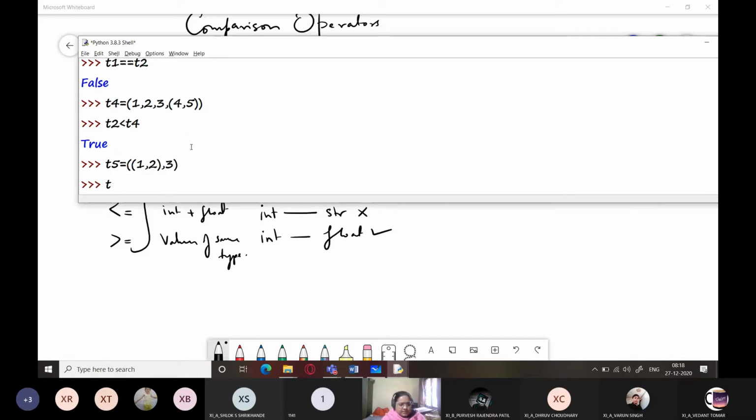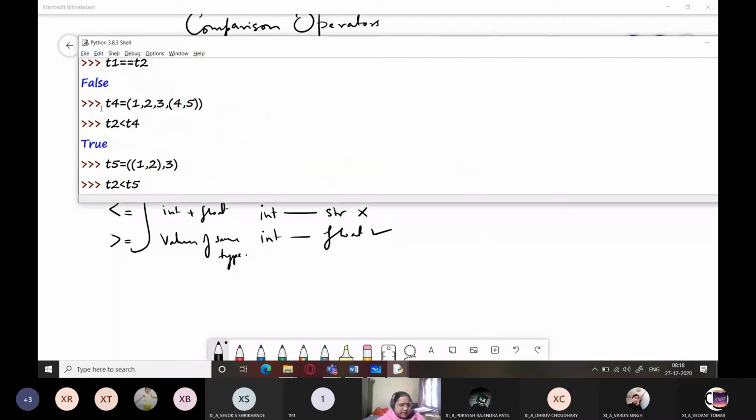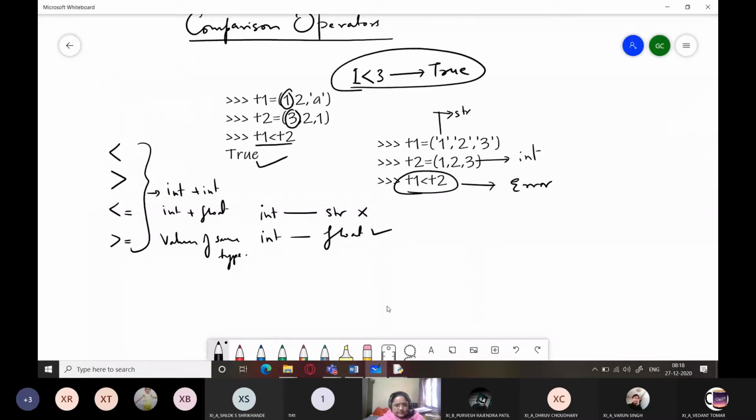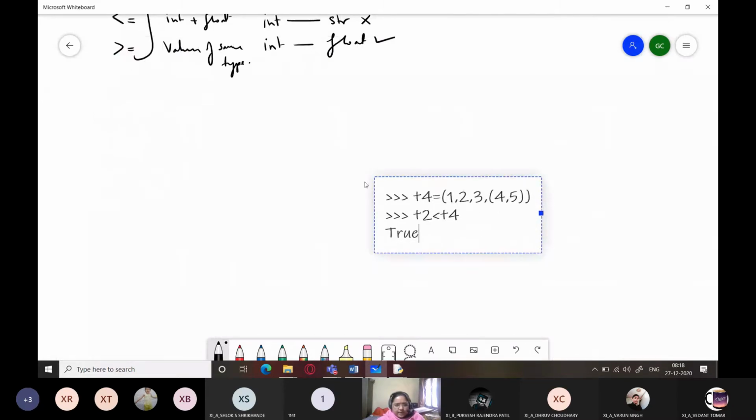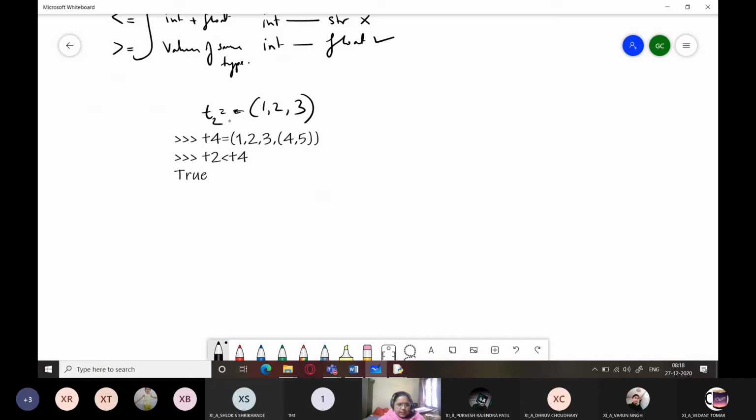Okay, let me do it this way. You can see over here in the previous example, why did it give me True? We had T2, which is equal to 1, 2 and 3. This was T2, right?